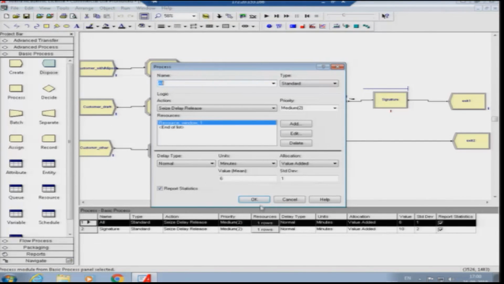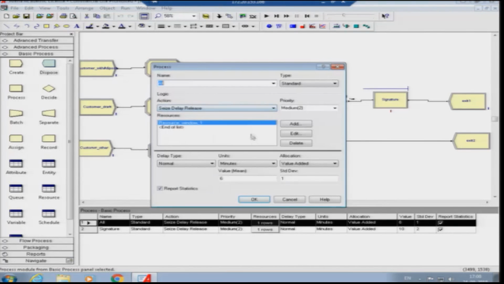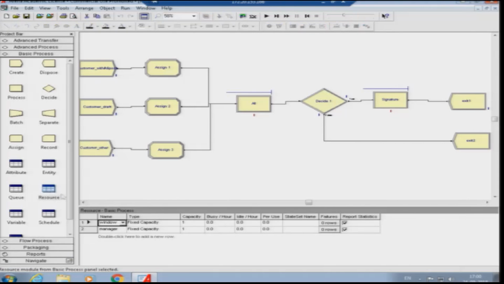Remember, what we are assuming in this model is that all the 3 processes that a customer seeks will have a similar time spent in the window, and all have a similar normal distribution and standard deviation within which the customer will be served. So, now we will run this. One more thing is that previously we used 3 separate windows, and now we have only one window. So, let us increase the window number initially. Say that there is not only one window, there are 3 windows, and all the windows are capable of serving all the 3 tasks. So, now we will run this simulation model and check how the system is working.